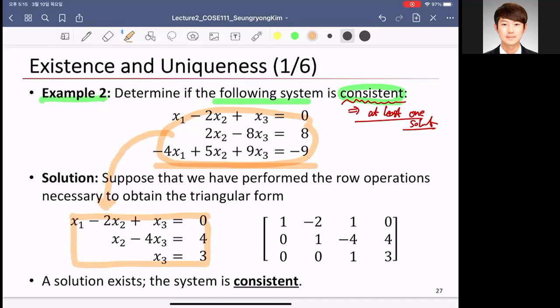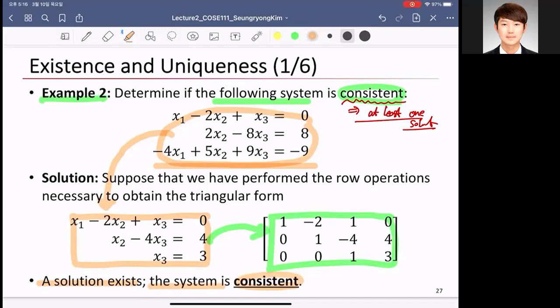Then, of course, the corresponding augmented matrix looks like this, right? As you can see here, this linear system had a solution, and a solution exists, so we can say that the system is consistent,